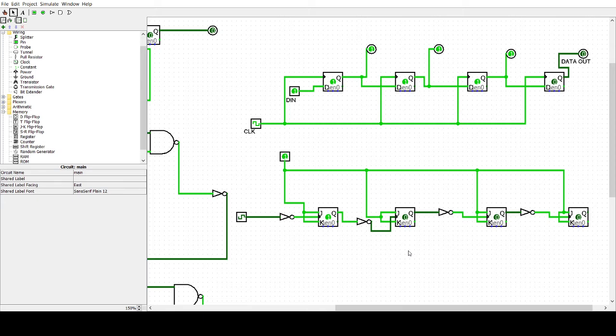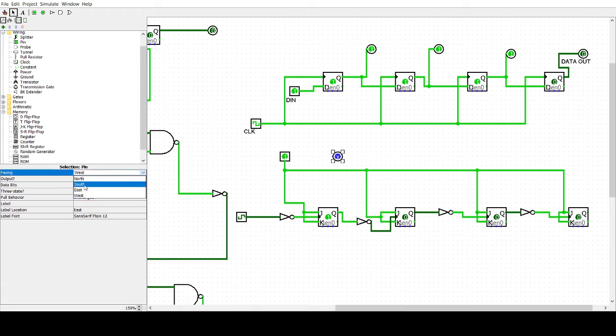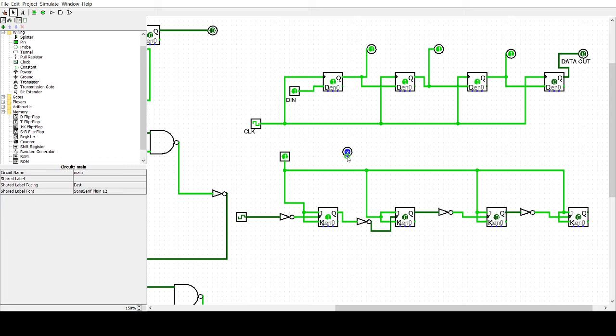So I made the connection. Is there anything I need to do? I need to see the outputs. So I want to see the output, so I am going to keep probes. Here I can change it into south. Connect the first output. I need to repeat it for all the outputs.